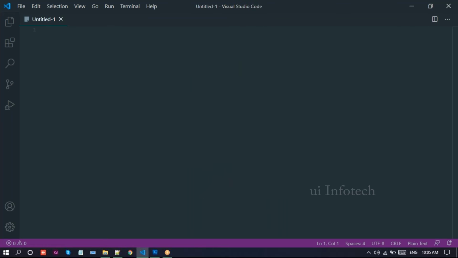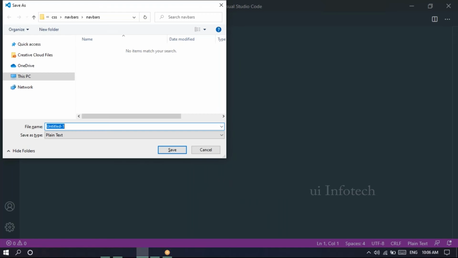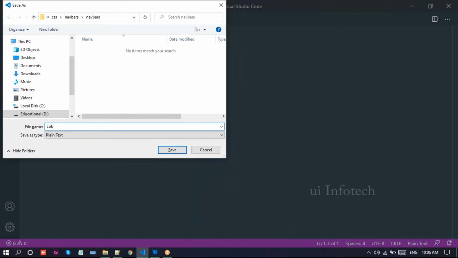Now for the example, open Visual Studio and create a new program. I'll save this file as combinators. Combinators are advanced selectors.